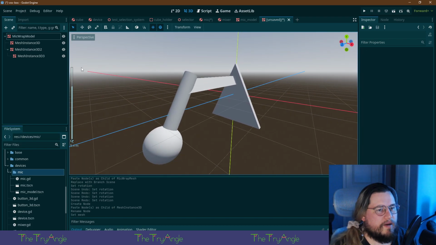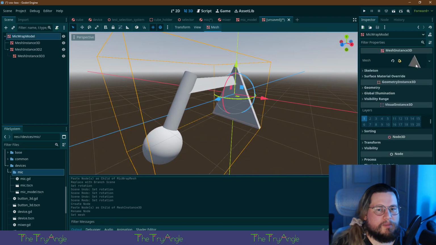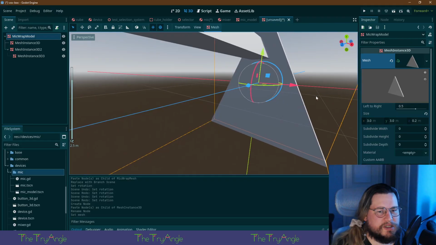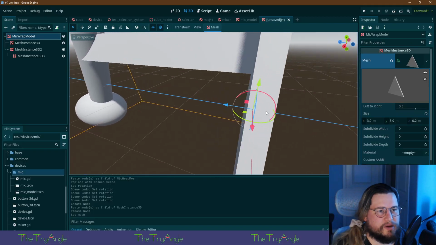All right. Everything needs to be just a bit bigger.